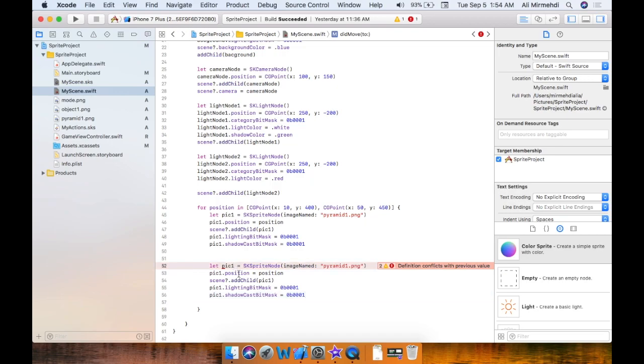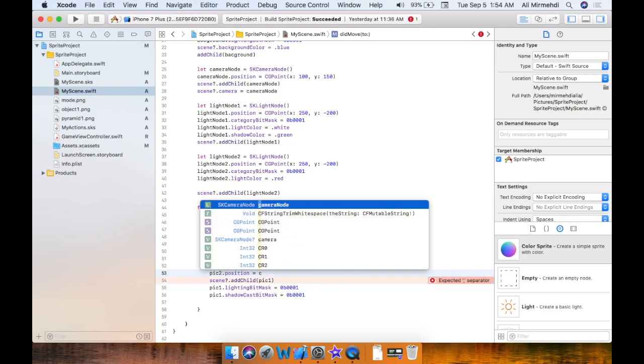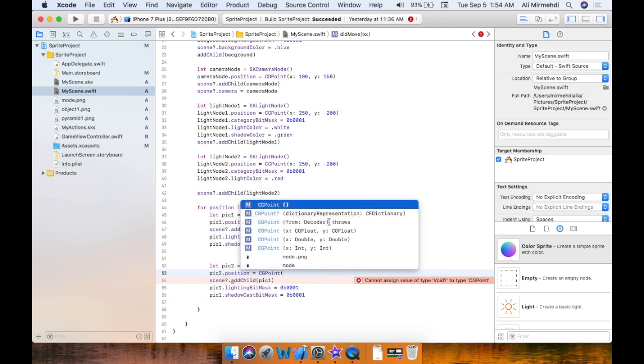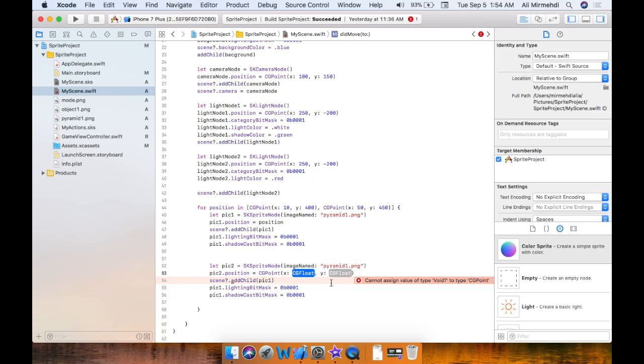This would be 2, and well, the position for this is, and we would have -50